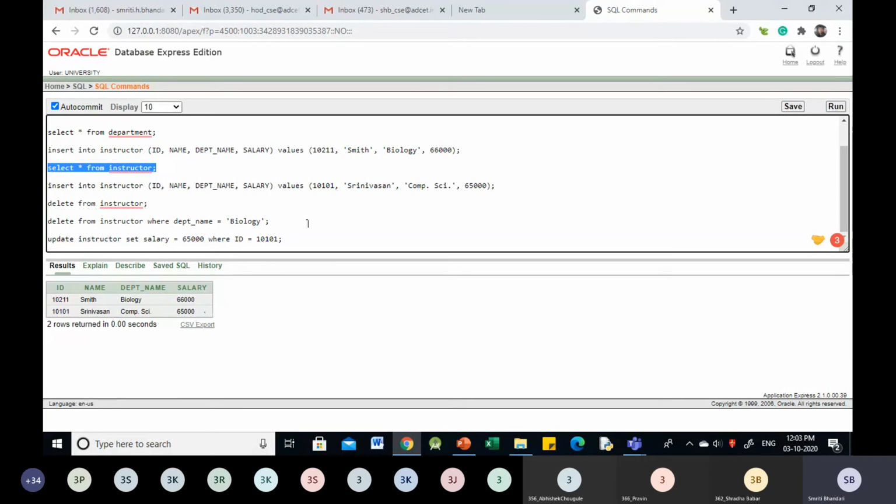Right? So once again, I am summarizing. If I use a delete or update statement without a where clause, all the data in the particular table gets affected. Whereas if along with the delete or update statement we use the where clause, then only the data that satisfies the provided condition gets affected.